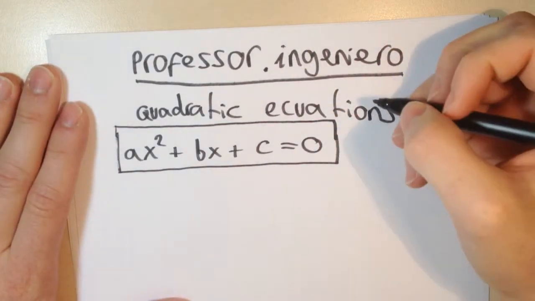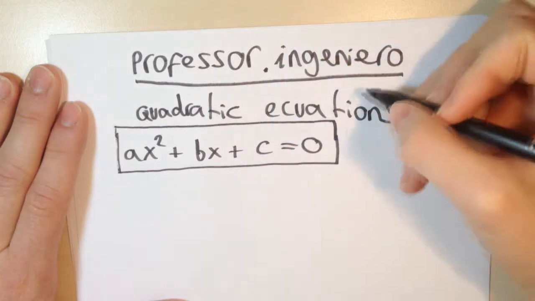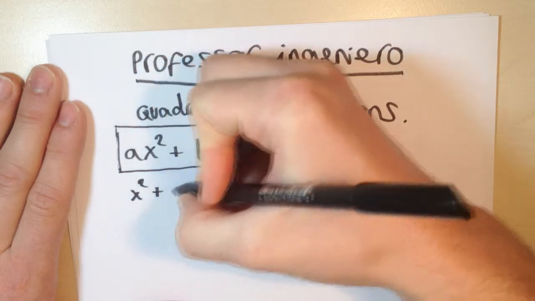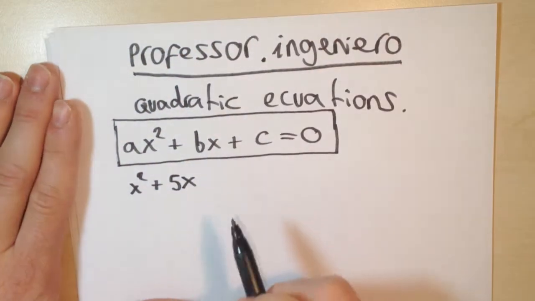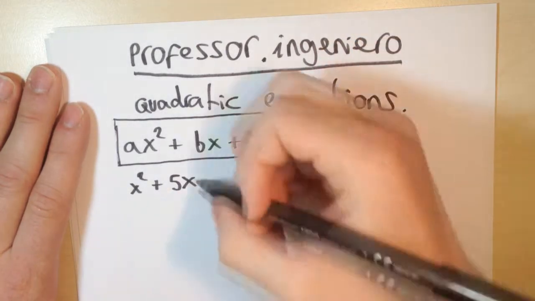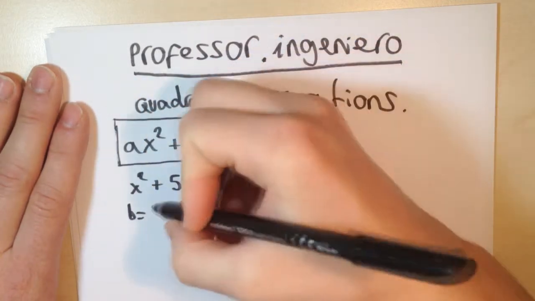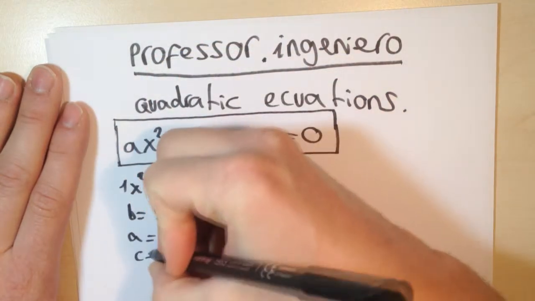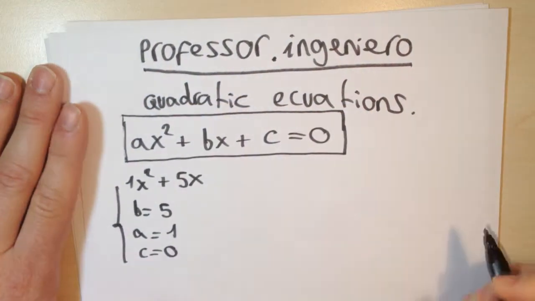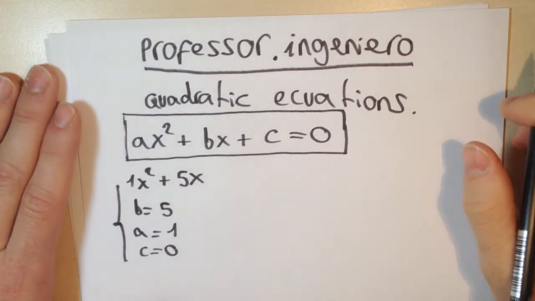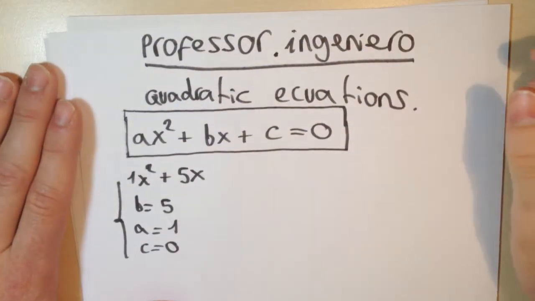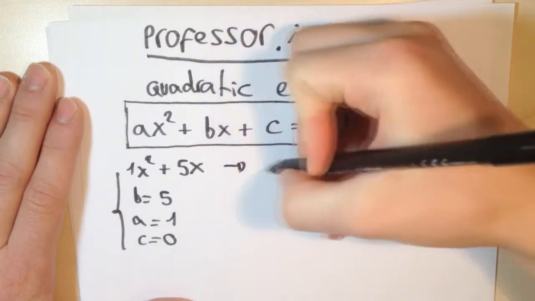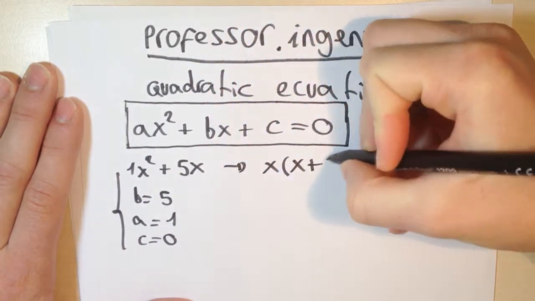The first one is if c is 0, for example, x squared plus 5x. This is an example when c is 0. You see here b is 5, a is 1, but there is no c, so c is 0. This is the first kind of quadratic equation, and I'm going to tell you how to solve this kind and the other two kinds. To solve this kind we can put x multiplied by x plus 5 equals